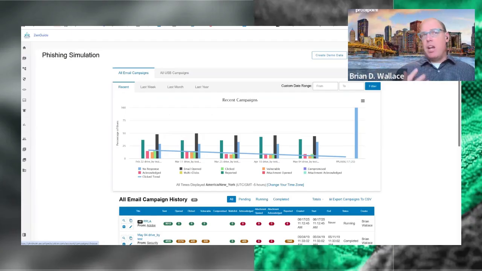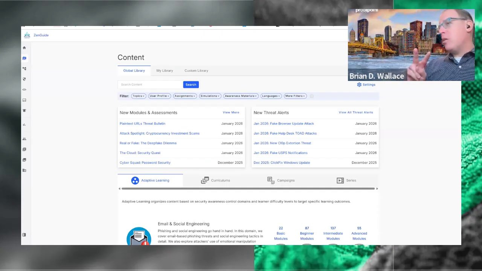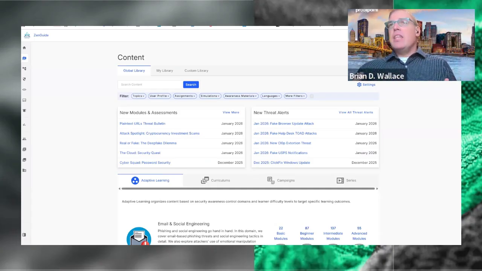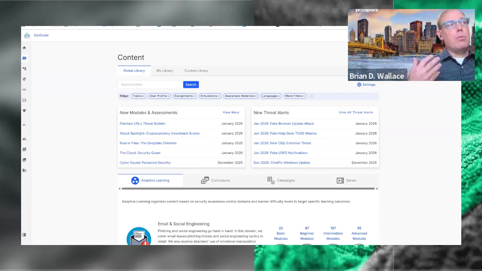However, we've worked very hard to provide all kinds of new features for you to give you greater insight into the templates that you're choosing. So let's move past ThreatSim for a moment and start looking at some additional ways. There are two things that we're going to talk about today, right? The first part of today's conversation is going to be talking about the content library and looking at things such as our filters. The next part of the conversation is going to be looking at our new tool called Pathways.